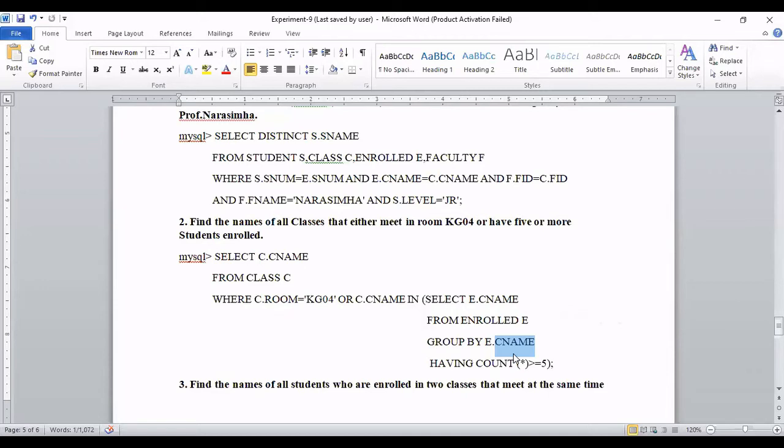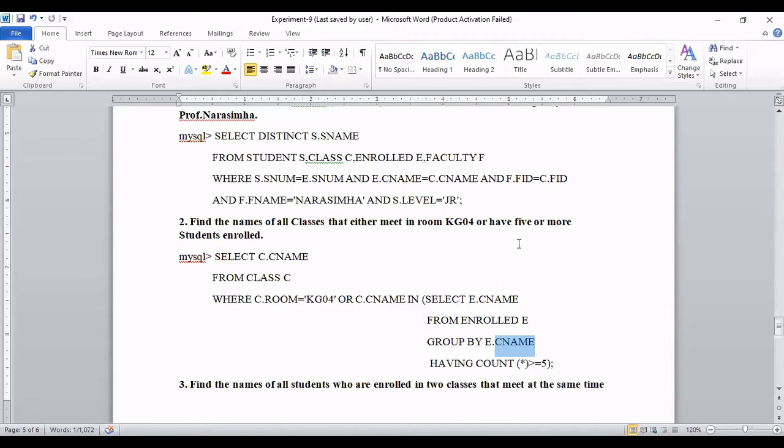So group by ename. First it will group the students, and each student is assigned some number of subjects. It will separate them out, so a particular student and all the courses assigned to that student will be taken in one place. The first student is assigned 5, so that is the first group of rows. The second student is assigned 6, so after the fifth row the second student's details will come. The third student is assigned one course, so this will come as the third student. Likewise it will group.